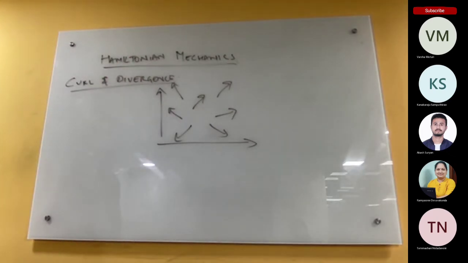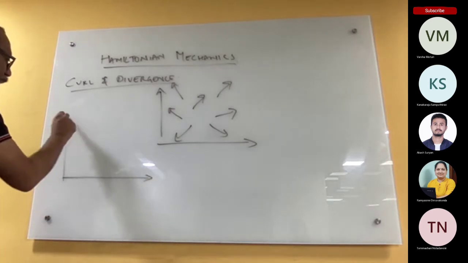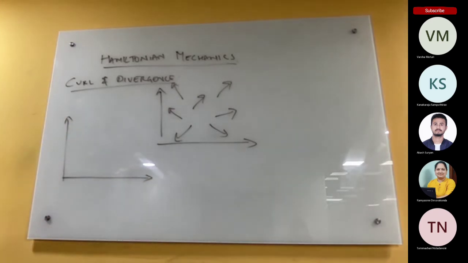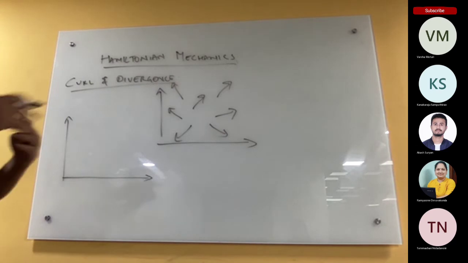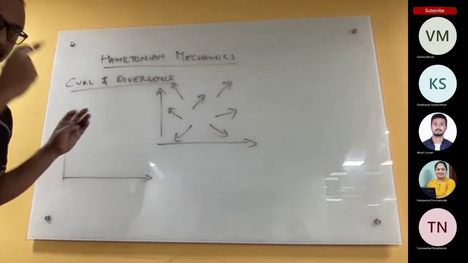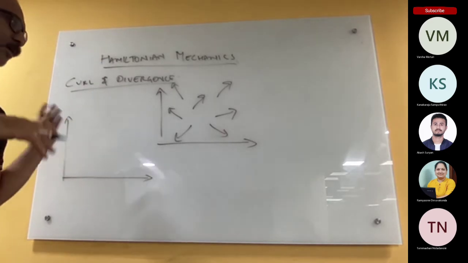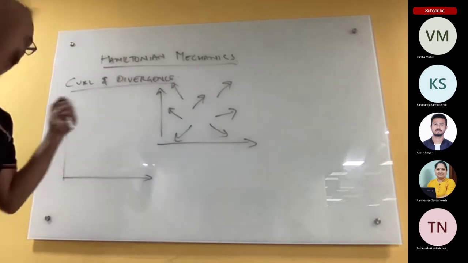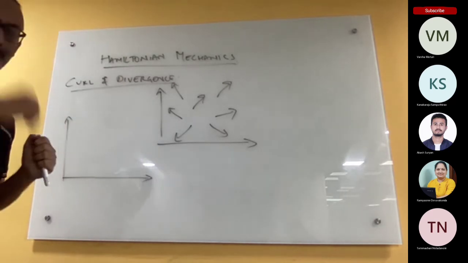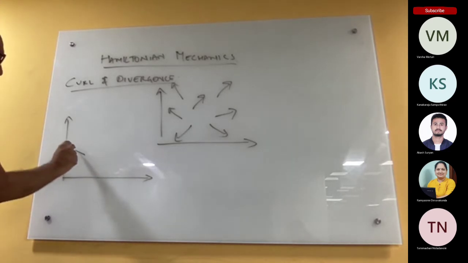Now, what is curl and what is divergence? If you really take some sort of fluid under pressure, think about it. I'm not going to spend too much time on this because this is just some basic concept you need to understand for me to go into Hamiltonian. If you're putting some fluid under pressure, under a motor or a pump, it is flowing and things like that. You will see some parts of the fluid where